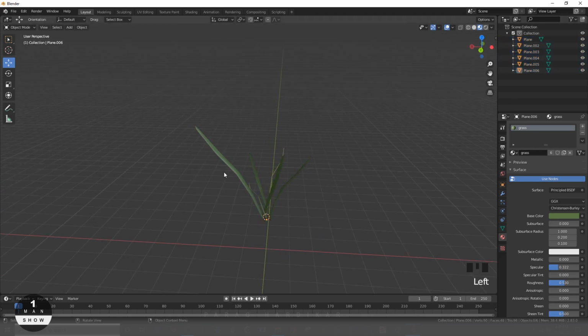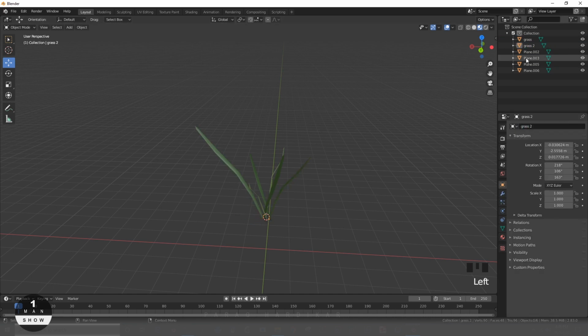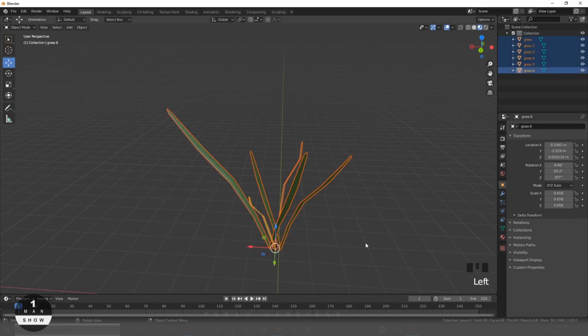To rename the object, select the object, go here and double click and type. Then to create their collection, select all, press M and new collection, then rename the collection.